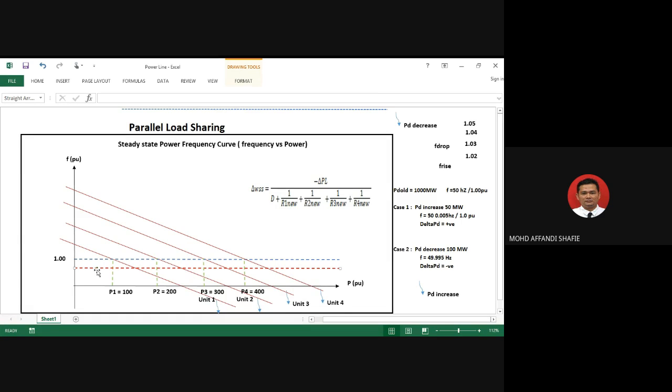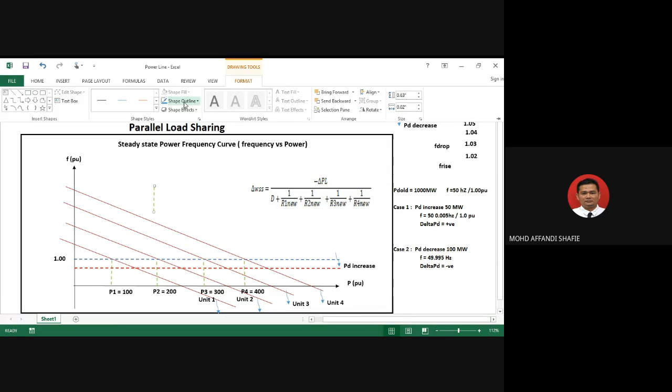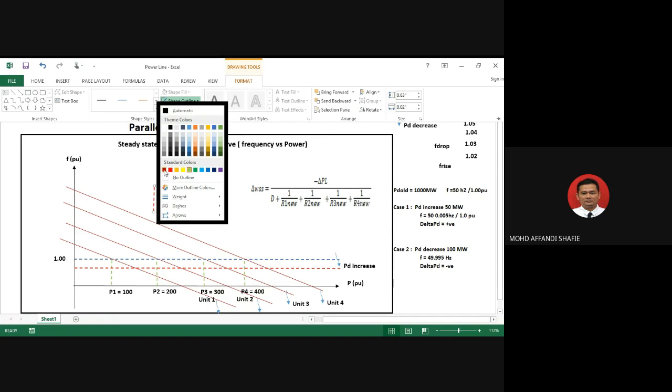So this red dot here represents your PD increase. Is it right? PD increase means the frequency will drop, right? Right. So now, from the steady state power frequency curve, you can see what we call